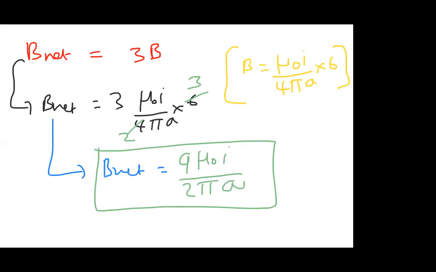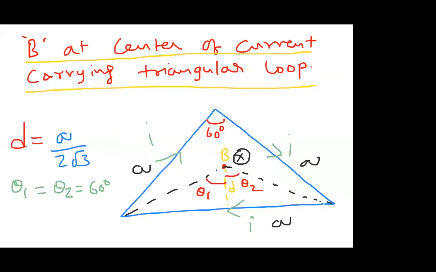So now what we discussed here, we have taken one triangular current carrying loop. In which direction is the current flowing? It is clockwise. So the magnetic field at the center will be inside. First we consider only one conductor. For one conductor, the perpendicular distance from the center to that point D is taken as A by 2 root 3. Here this angle is 60 because it is an equilateral triangle, and we know all the angles at the corners are 60. So the center angle is 120. It is a bisector, which means this is 60. Theta 1 is 60, theta 2 is 60.